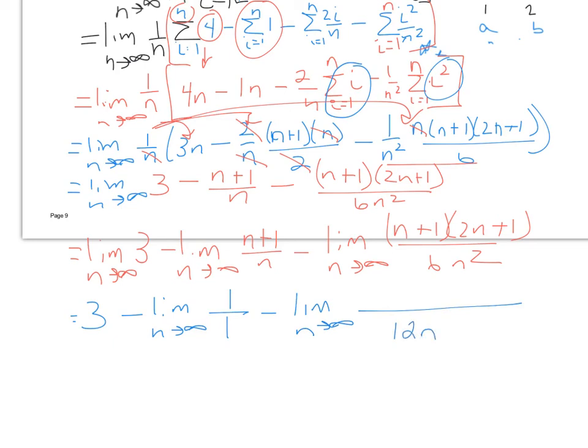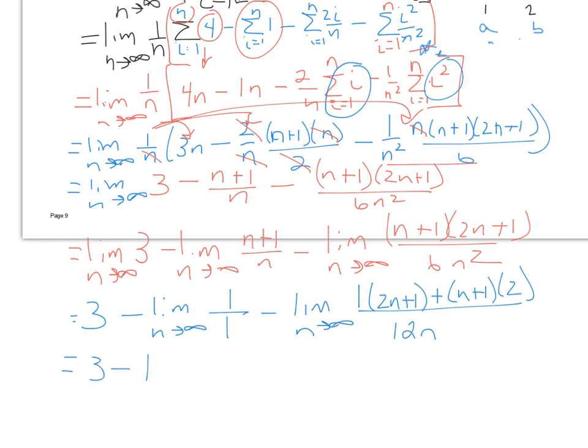The bottom's easier, 12n. And the top you have to use product rule, or you have to FOIL out first. I think the product rule is easier this time, so derivative of the first, leave the second be, plus leave the first, take the derivative of the second part. Now, I see that I still get